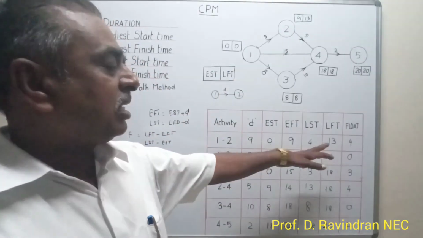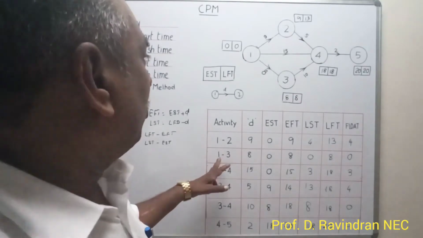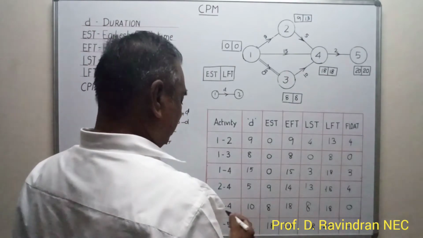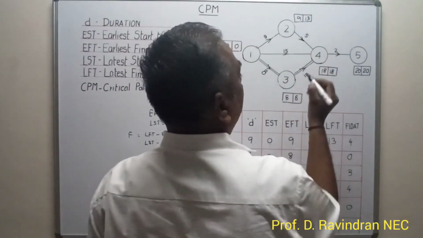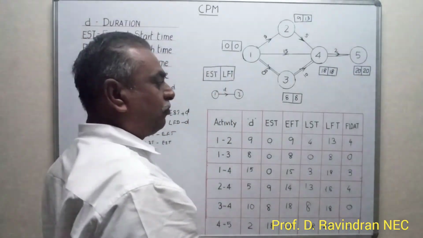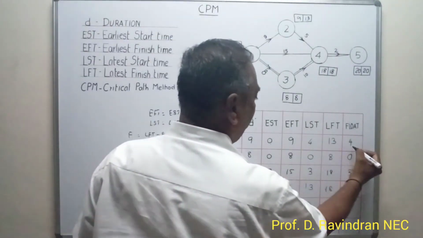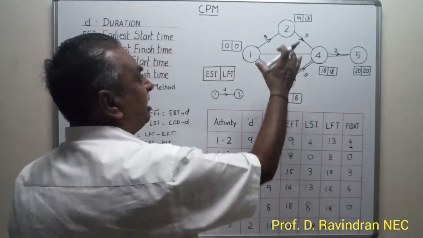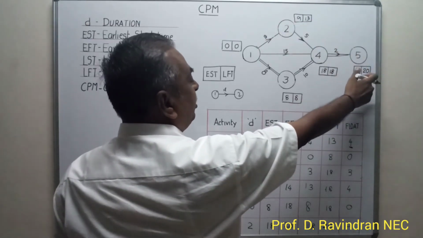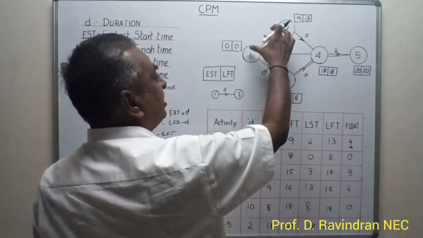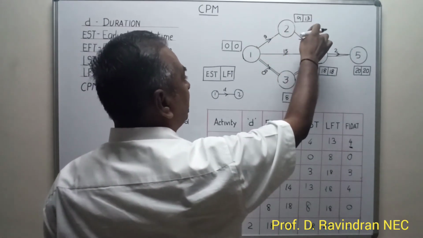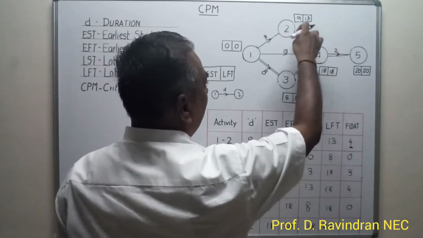So we have got certain activities with 0 float. That means the 1-3 activity, we can just mark like this: 1-3 activity, as well as 3-4 activity and 4-5 activity. All these 3 activities have 0 floating time. That means for this activity 1-2, we have got 4 days of float. When this activity is extended for a further 4 days, this critical path of 20 days will not be affected. Suppose it is extended for 9 plus 4, 13, at 13 days it can be completed. 13 plus 5 is 18, so this path also will become critical.